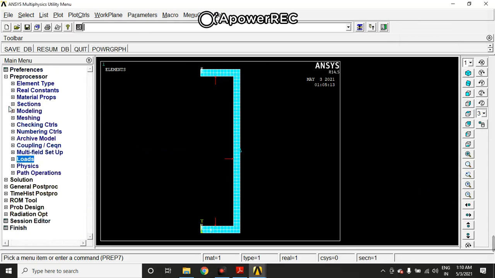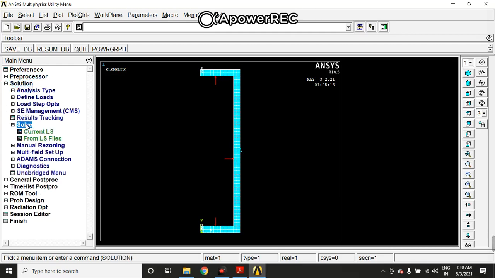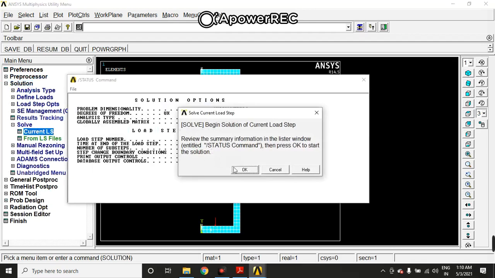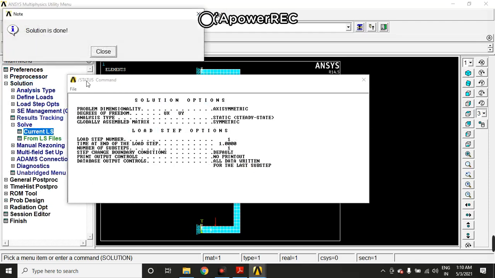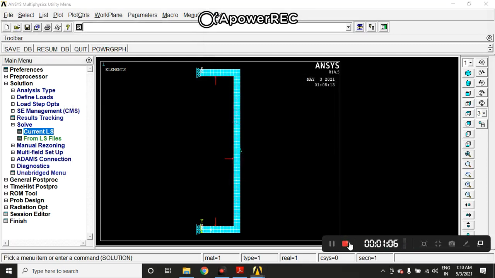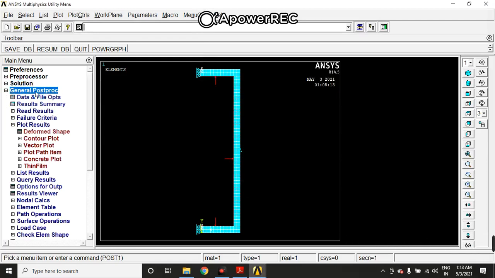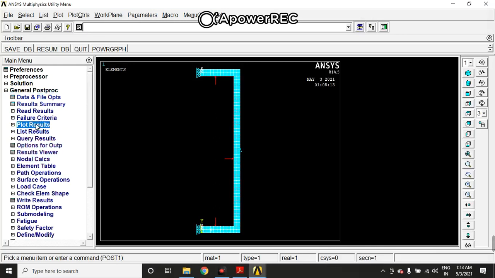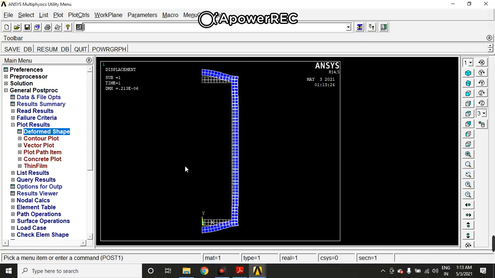So now we'll solve this. We'll go to the solution, solve, current LS, click on OK and your solution is done. So close this and close this window. Now to see all your results, we'll go to the general postprocessor, plot results, deformed shape, click on deformed plus undeformed shape and click on OK.